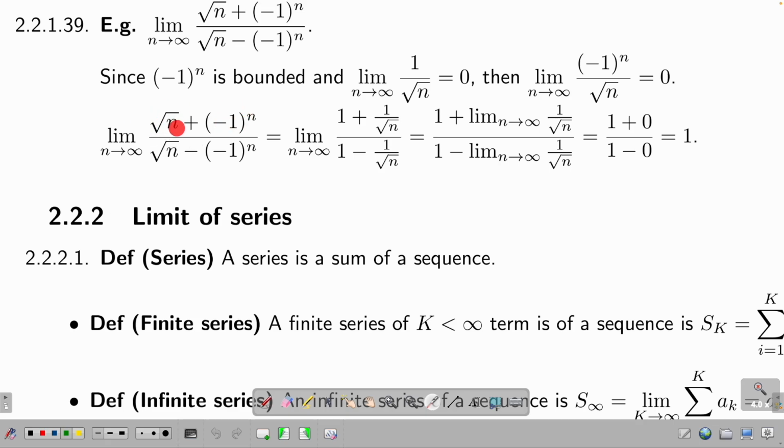So I can do this. I just divide the whole expression by square root n. So I have something like this. And then I can distribute it to the two parts. Then the limit here, I can go inside each term. Why is the limit of 1 equal to 1? It's not because this is 1, but because 1 is a constant sequence: 1, 1, 1, 1, 1, for all n. That's why you have 1. Okay, and now I do this, and this is 0, so come on,